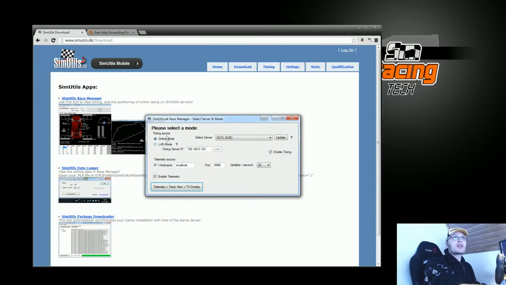The race manager startup window here is split into two sections. The upper section is a timing source section that tells you where to get the timing data from. This is if you're running a SimUtils enabled server. You can get lap times and scoring from the server into the race manager. We're not, so we're just going to uncheck this enable timing, and as I'm going to be getting data from my computer, I'll leave localhost in here, or we can type in the IP address